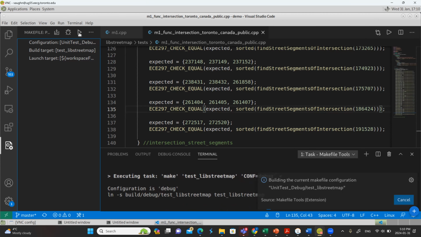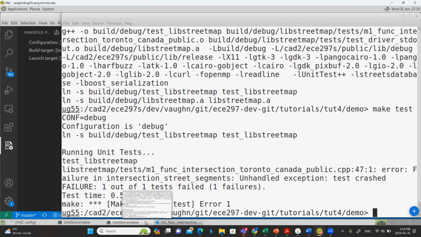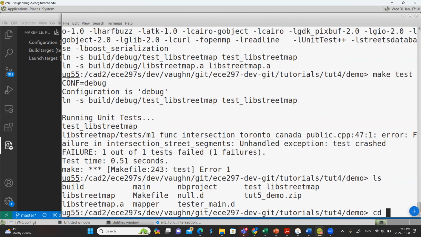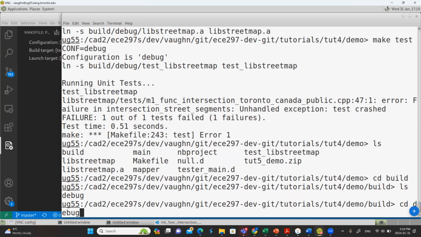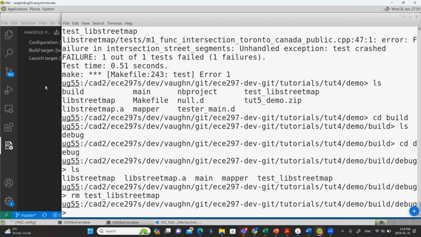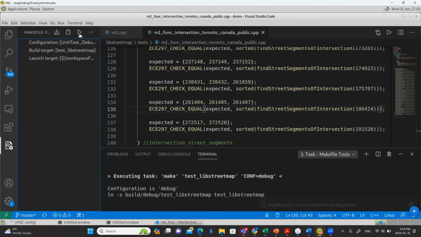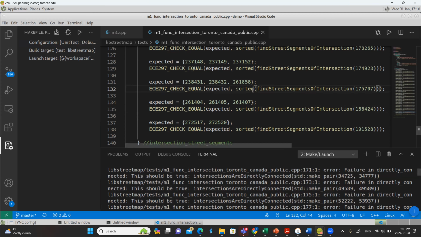Let's try this again. All right, let's try that. Huh, okay. I've got something very strange going on in my code path.